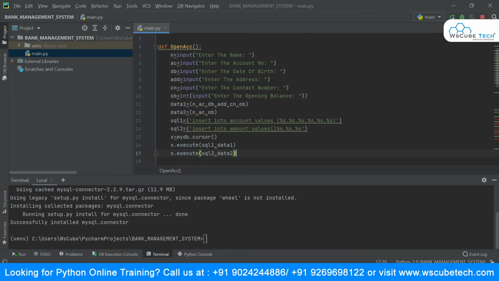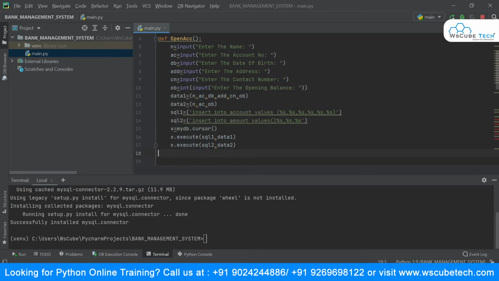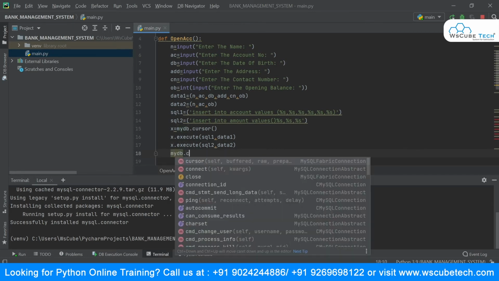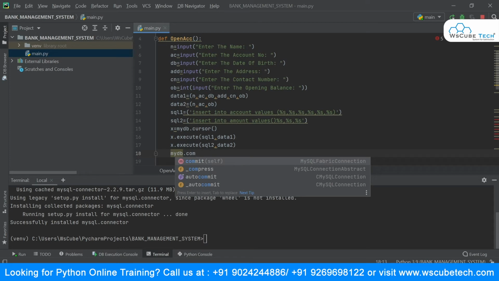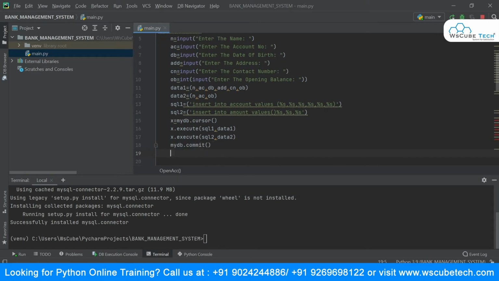All right, so that's it. Now I will say mydb dot commit in order to save my changes. Okay, and I will print a statement: data entered successfully.